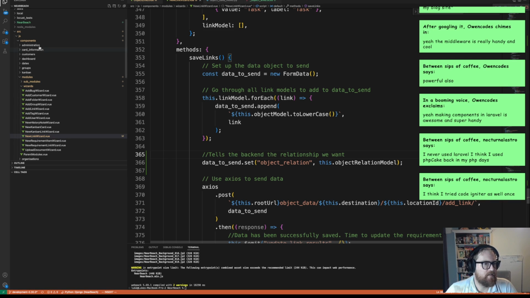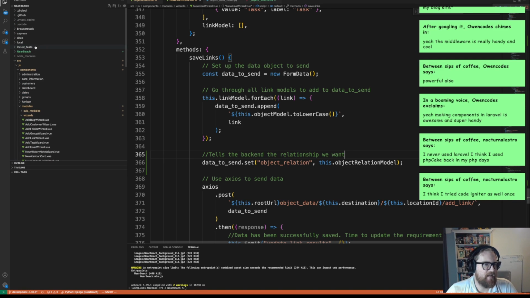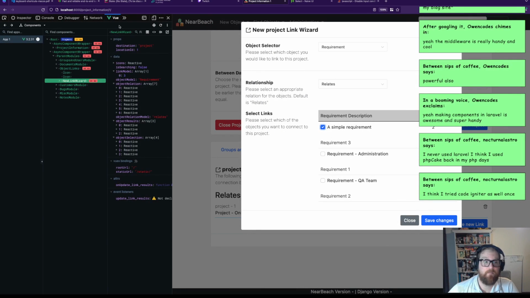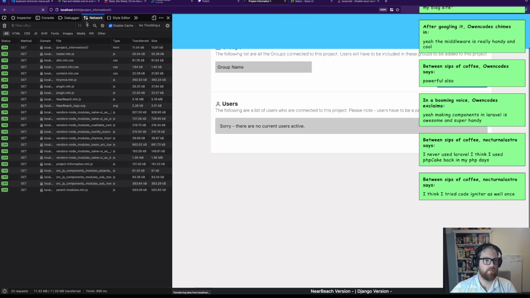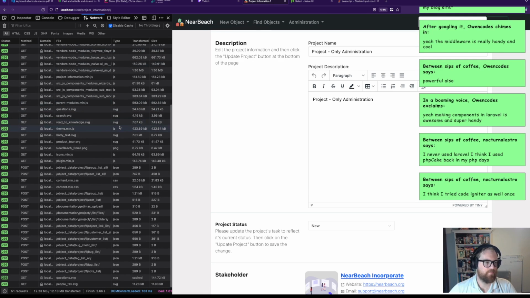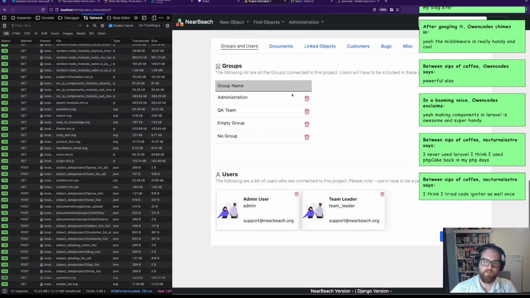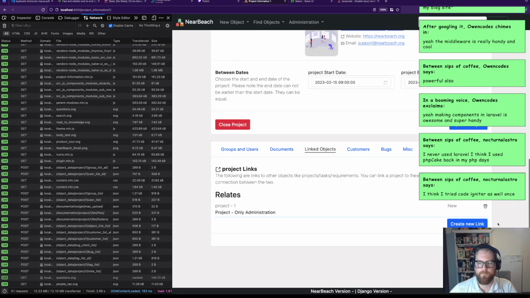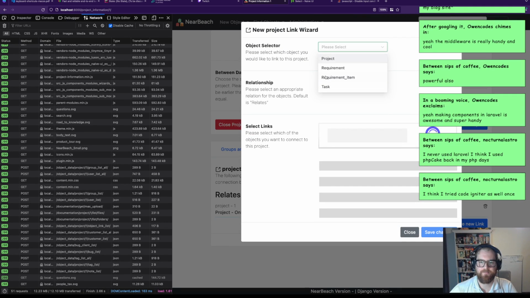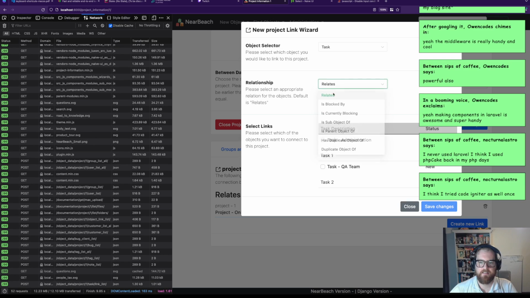All right, so we now need to edit the backend. But before we do that, let's actually see if it does send that data, because there's no use actually creating the backend if we've created a bug. So let's add in a couple of tasks. Let's say they are this subject sub-object of